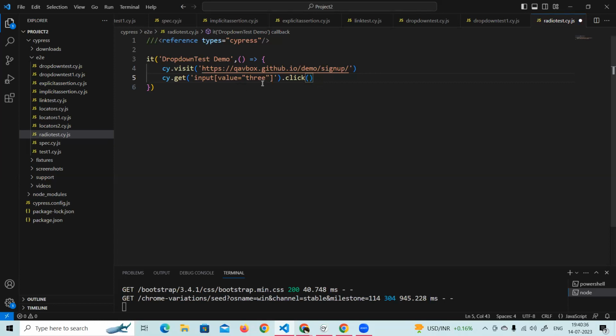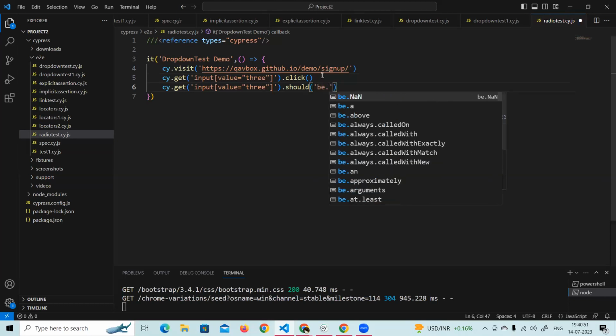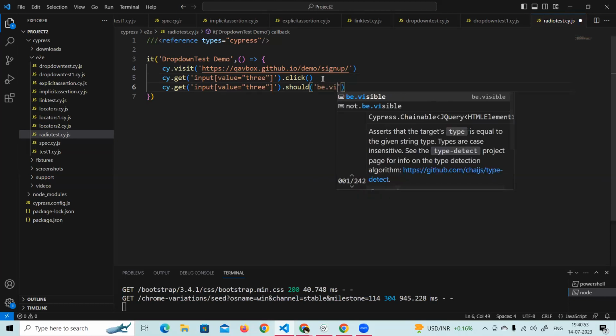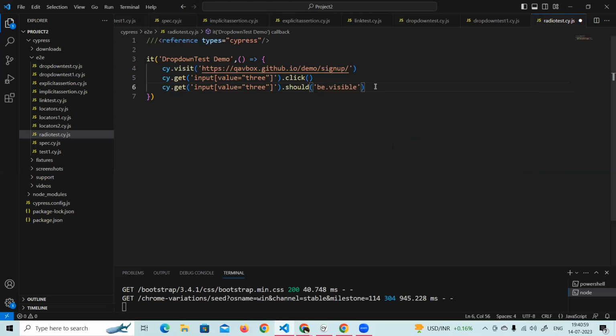I can just take this and perform any kind of assertions. And I can say dot should, be dot visible. So I am just expecting this element to be visible,